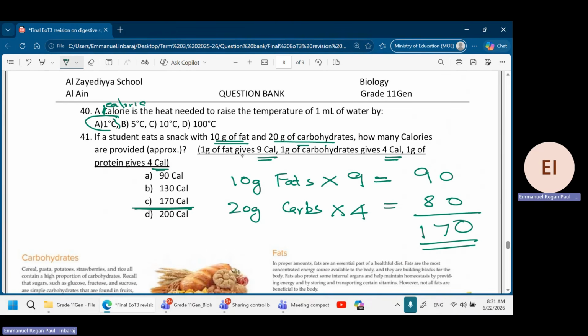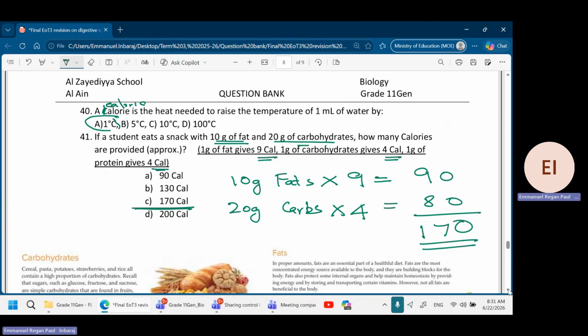So make sure you memorize this. Fat gives 9 calories. Carbohydrate 1 gram gives 4 calories. And protein gives 4. This you need to memorize. They will not give you in the exam. Only they will give you the question and you should be solving it and finding the correct answer. Okay, so this is